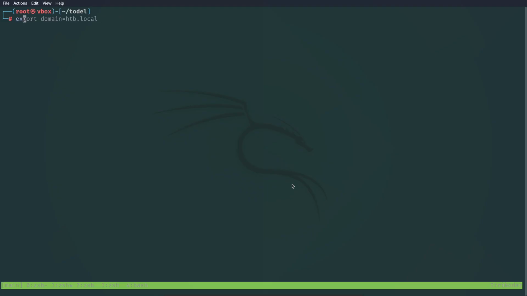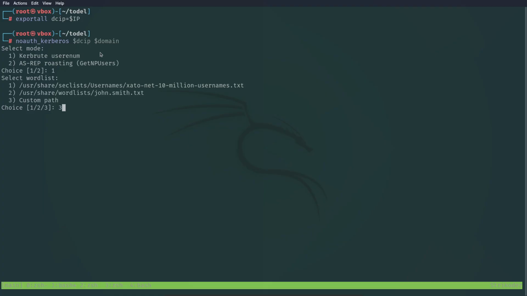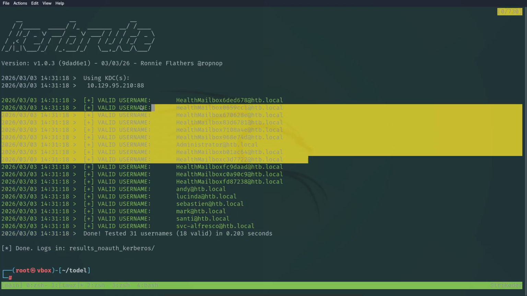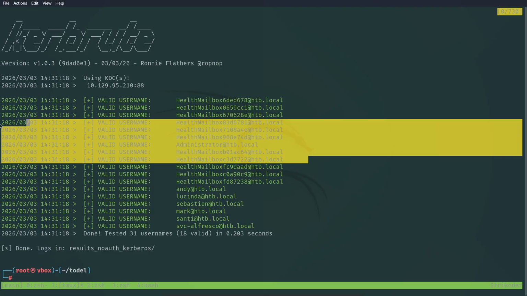the DCIP, so export all DCIP is equal to the IP. Then I would run no auth. If you don't know what these scripts are, you can find them on my GitHub account, Strikoder, and we are using under the hood either Kerberos or ASREP roasting. Kerberos is to verify whether we have these specific usernames. So we can use them and type users.txt to check whether these are actually valid,